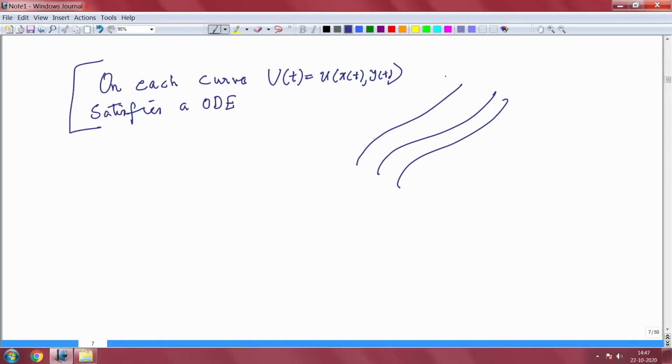So, if you have your curve here, and if you know the value of u at one point, because it is a first order ODE, then along each curve, the curves are introduced in such a way that when your PDE is restricted to that curve, it becomes an ODE. So, that can be solved if you know the value of u. So, you have to know what we call an initial curve. So, if you have a curve which intersects your characteristic curves, which we call an initial curve,